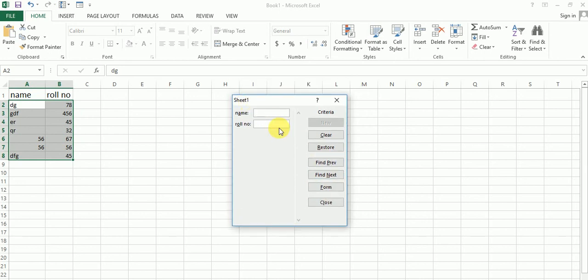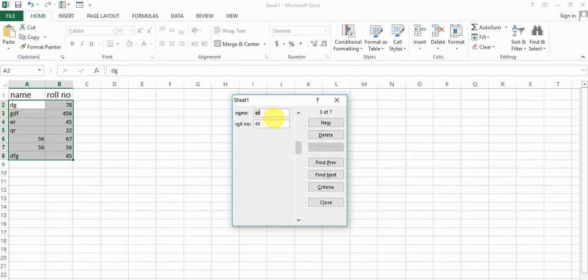In the field, enter your data and then press the Enter key. Suppose I want to search from the Name column. The heading name is Name, the first column. So I want to search data from the first column. The first column data is DG, G, D, F, G. So suppose D, D, F, and press the Enter key. Sorry, I want to enter the criteria G, D, F, G again. Press the Enter key.